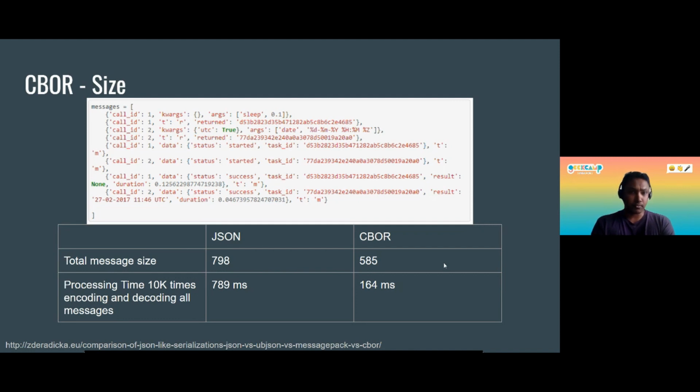At the same time, the processing time for this message over 10,000 times is 789 milliseconds for JSON and 164 milliseconds for CBOR. So I think it's around 5 times less than the time to process JSON.